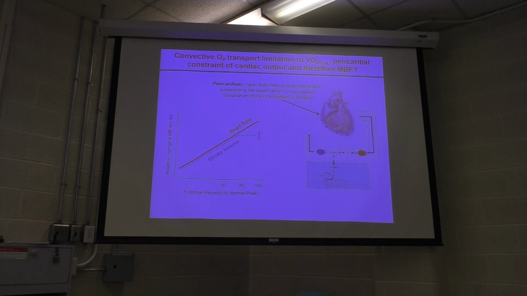Dennis says, think of a balloon in a bag, so you can probably imagine that you've got something that's rigid surrounding the heart. So the heart's extremely compliant. You can get this, it goes boop, boop, boop, boop. You guys know how hearts work, okay. So around the heart, you've got the pericardium, which under normal circumstances is just flexing away. But as we're trying to increase stroke volume, eventually the pericardium becomes a limitation, or the idea was the pericardium would become a limitation. And I guess if you want to think of your balloon in the bag,